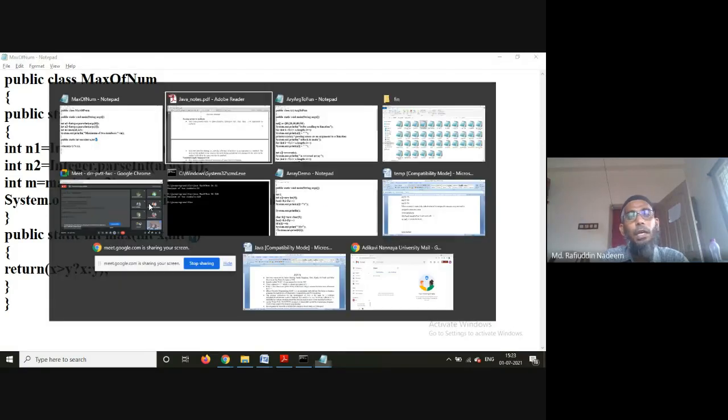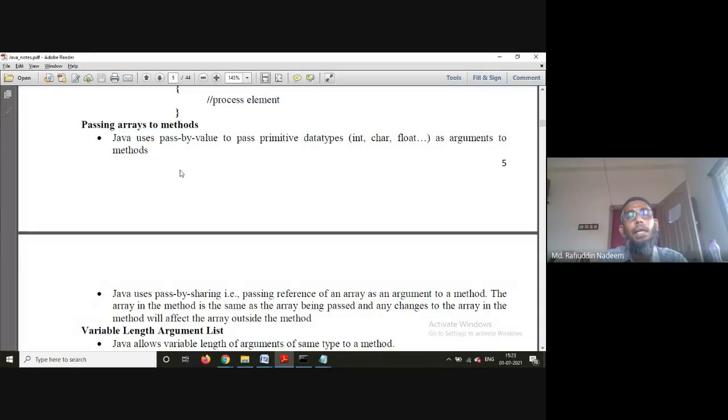This we have already learned in C or C++ also, call by value. If you remember the call by value concept, where the values in the variables are passed and any changes which are made at the function will have no impact on the original values. The same thing is actually used in case of Java also.